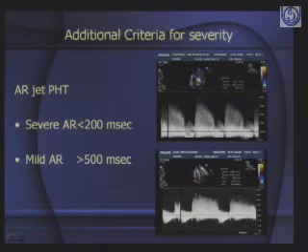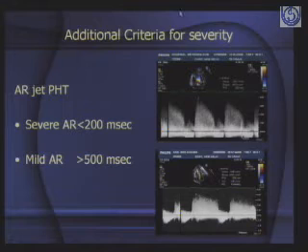It is very important to calculate the AR jet pressure half time. Now, I'm not going into pressure half time because when we were discussing mitral stenosis, we discussed it: this is the time taken by the pressure to half within a period of time, and that used to give us the mitral valve area. Now here we are finding out the aortic regurgitation jet pressure half time, because if it is less than 200